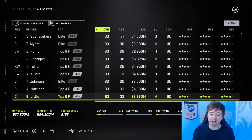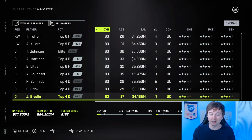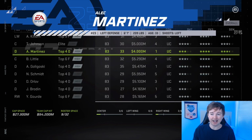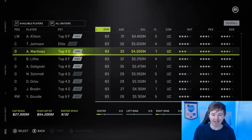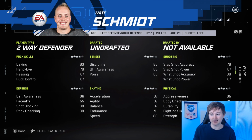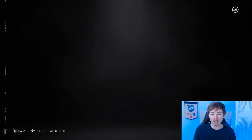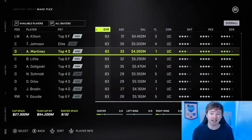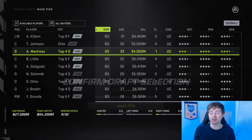Ooh, Martinez. So honestly, I don't think we have to overthink it. Nate Schmidt as well. So both Schmidt and Martinez are left-handed 2-way defensemen. They both have 86 D awareness, which is what I was looking at. 88, 89 there for shot block, stick check. So Martinez slightly better. Schmidt though is good skating, 91 endurance. Okay, they're basically the same player. So since they're pretty much the same, and Martinez has a little higher potential, if that matters, we'll go